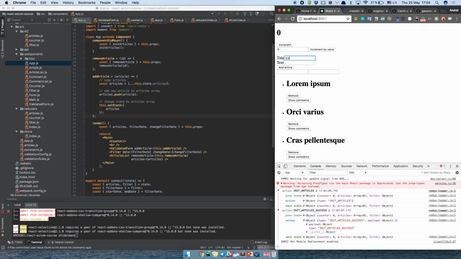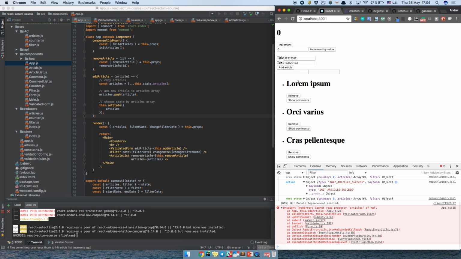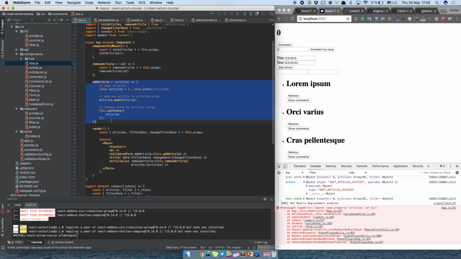If we add articles, see, something is wrong. We need to rewrite our articles, our add article function. Together, it's a topic from the previous lesson. So first, what should we do, guys? We need to add an article via the Redux flow. Create an action. Action creator. Okay, go to